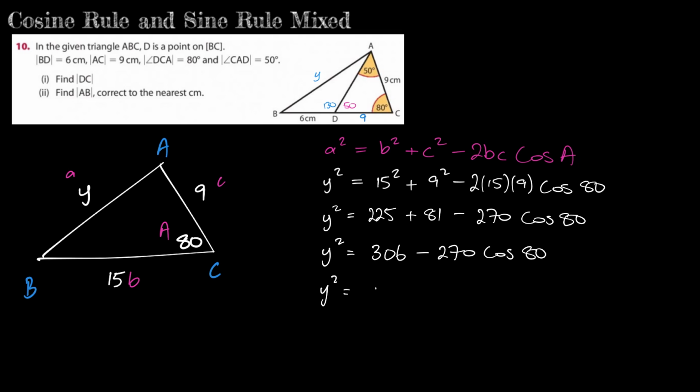And that gives us 259.114992. And we'll finish this off. So if y squared is equal to that, to find out what y is, we need to get the square root of both sides. We get y is equal to the square root of this, and the square root of my answer there is going to give me 16.09. So the answer there is going to be y is equal to